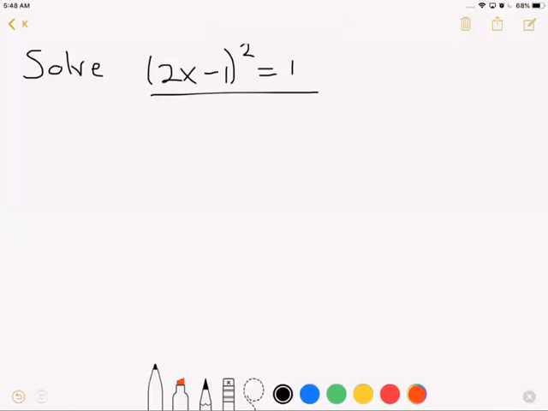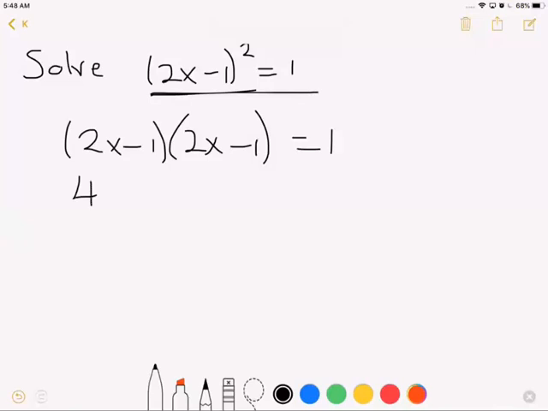In this case, there are two ways in which you can solve this equation. It's not about what I prefer, it's about what you prefer. Some of you were going to first remove the brackets, which is (2x − 1)(2x − 1) = 1, which gives you 4x²